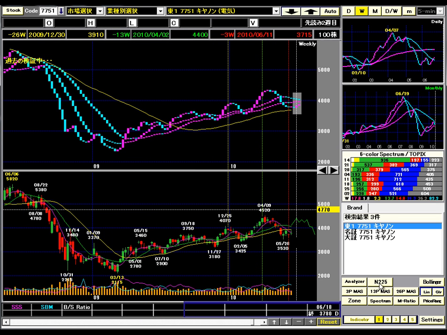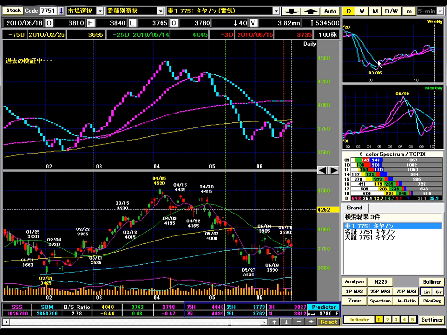And back to the weekly, we have 3P, 3 periods, 13 weeks, which is approximately 1 quarter or 3 months, and 26 periods or 26 weeks, which is approximately 6 months or half a year. We'll explain the difference and the significance of these different time frames later on, but for now we'll go back to the daily chart where we were,